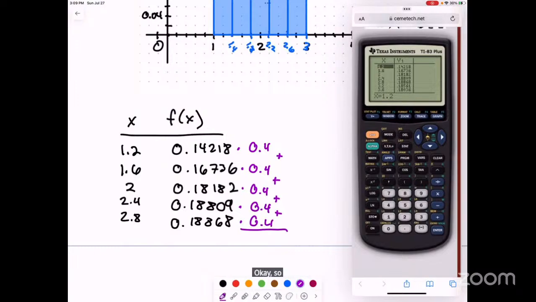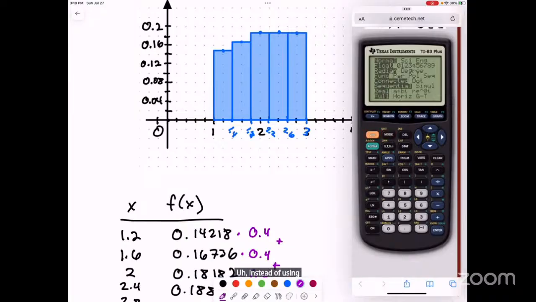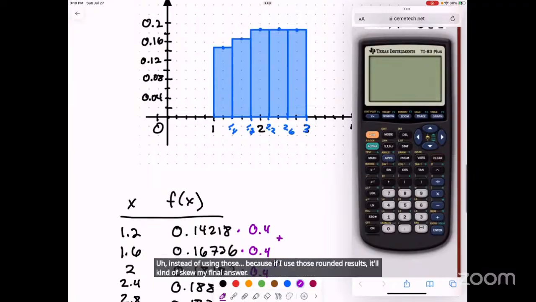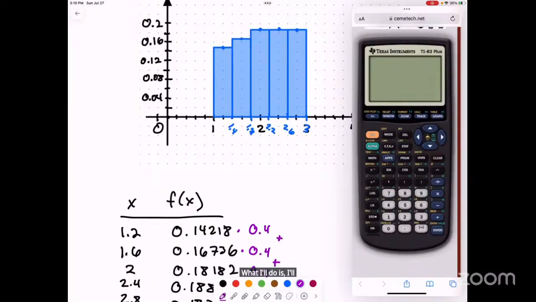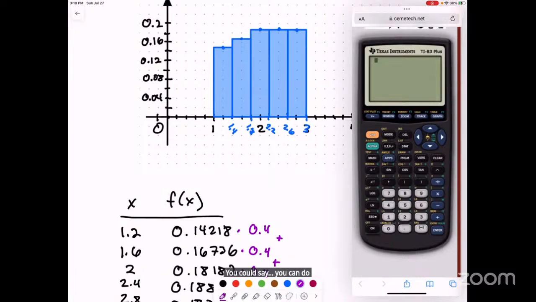Okay, so the way I'm going to do that to be a little bit more precise in my calculations, instead of using those rounded results, because if I use those rounded results, it'll skew my final answer. What I'll do is factor out that 0.4. You could just do the summation, right? Instead of saying f of 1.2 times 0.4 plus f of 1.6 times 0.4, you can do the sum